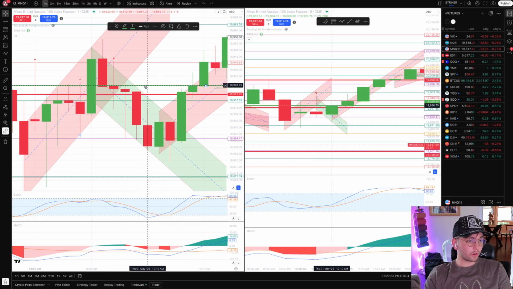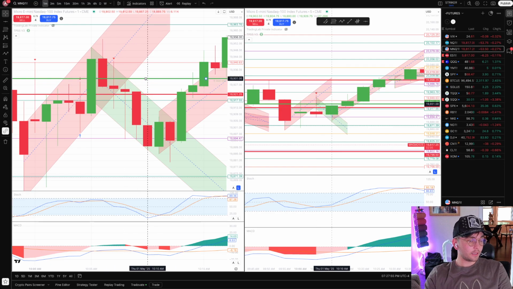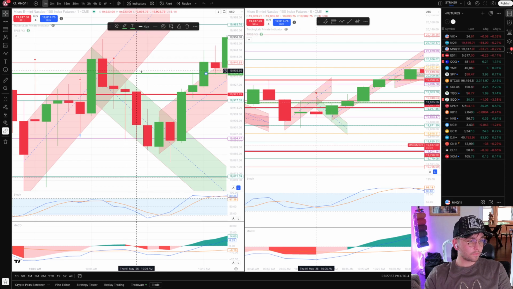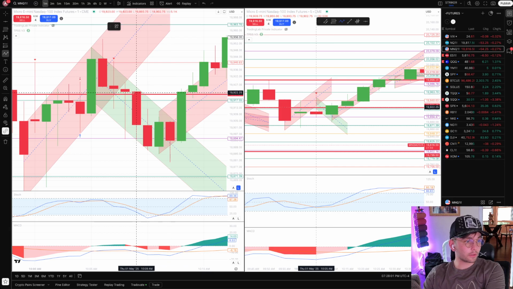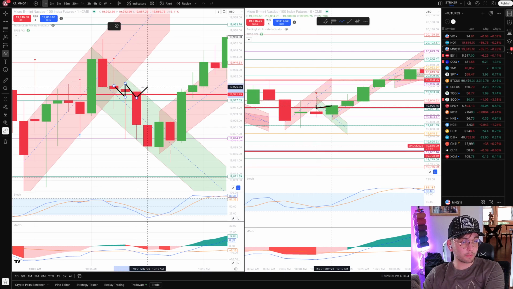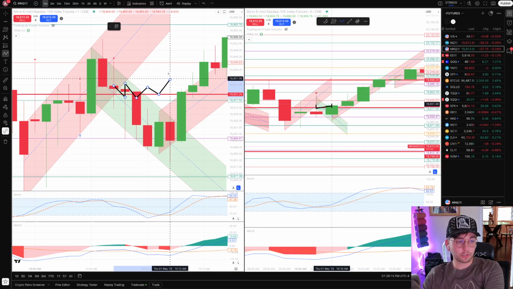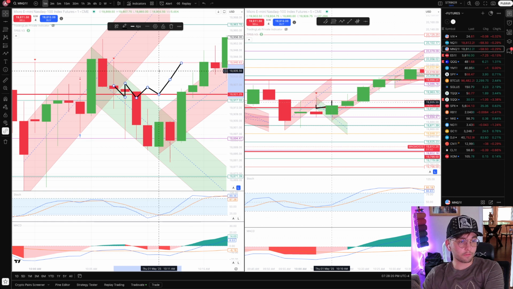I'd be more at odds with it if we started to reclaim this parallel channel, like if we broke down and retested and broke down again, and then we came back up and we held above our position for a second, because usually it doesn't go straight back up. But if we started holding above our position for a second and we started to trend back up, I probably would have my stop closer to 1935,